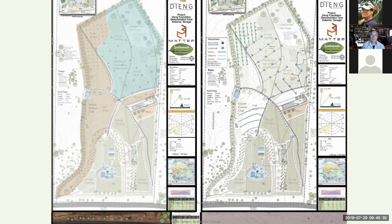The one on the left, as I was talking about having to relate information going up, the one on the right was for the staff and going to the builders and the installers, and also when we're working with the farm managers and people working on it. The map on the left was actually for the board of directors of the organization. And that one basically